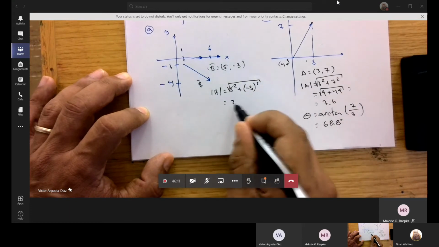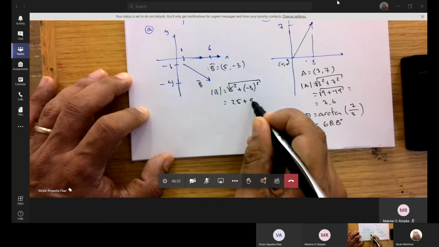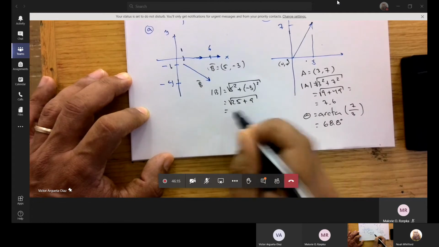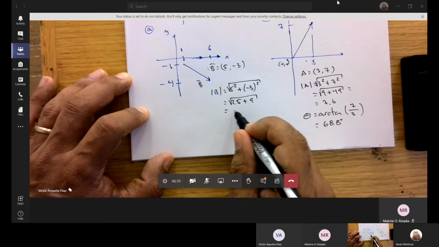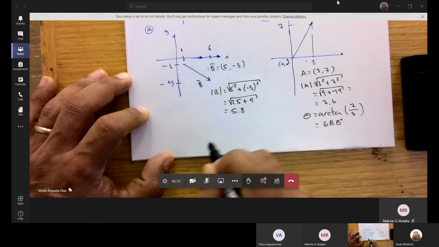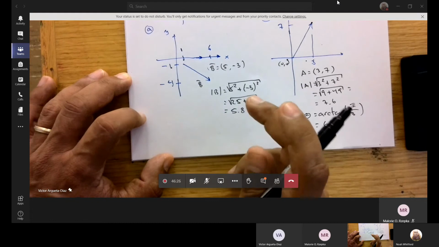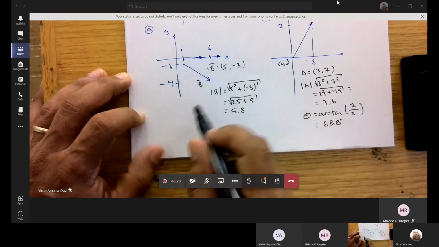So this will be 25 plus 9. That will be square root of 36, no, 34. So that will be again 5.8. Yeah. Now for the direction,